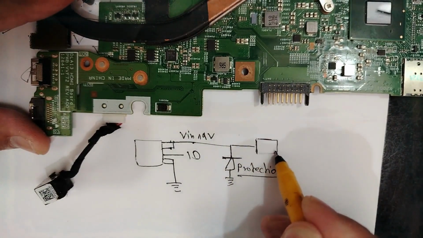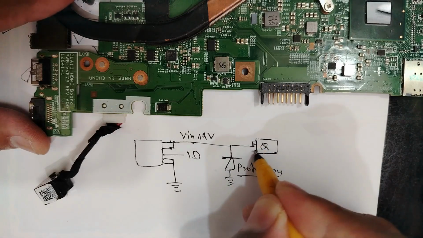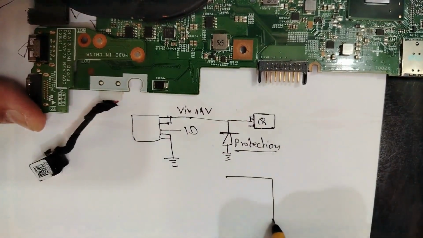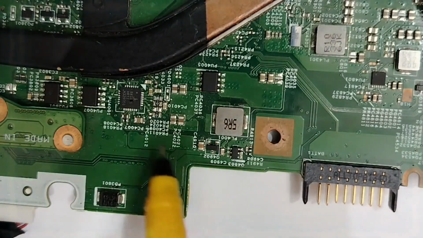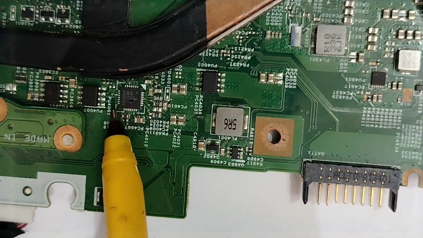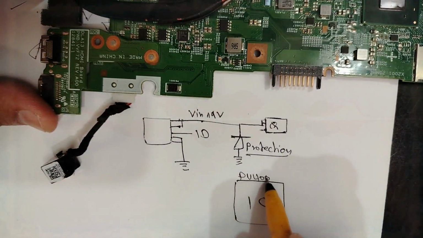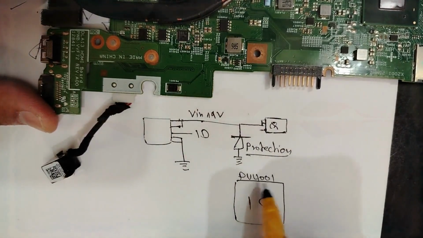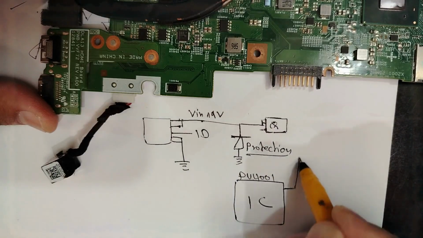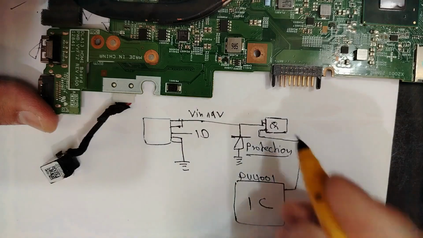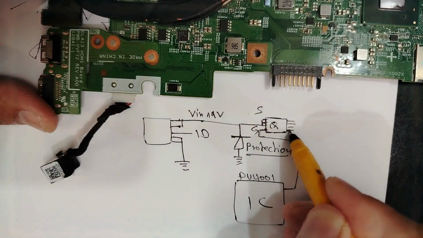Let's see Q. So here we have the source and we have the gate here. Let's see, we have an IC, exactly this IC. We can even see its reference: PU4001. This IC is basically the IC that controls. So we have the control signal going to the gate here. So we have gate, we have source, 3 pins connected together, and the drain of this MOSFET, 4 pins,